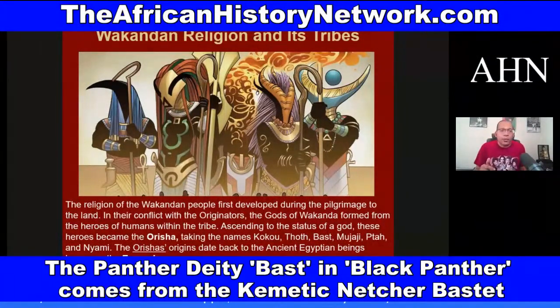In their conflict with the originators, the gods of Wakanda formed from the heroes of humans within the tribe. Ascending to the status of a deity or a god, these heroes became the Orisha. Now, this is from the Black Panther comic book. The Orisha, or Orishas, these are the deities in the spiritual system of Ifa practiced amongst the Yoruba